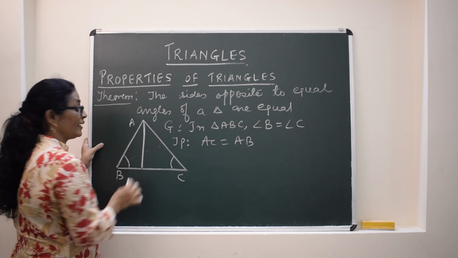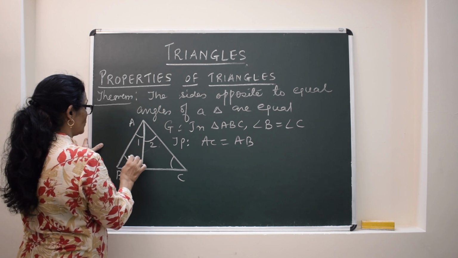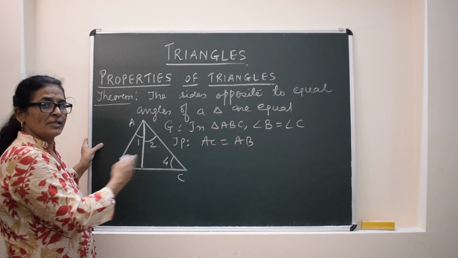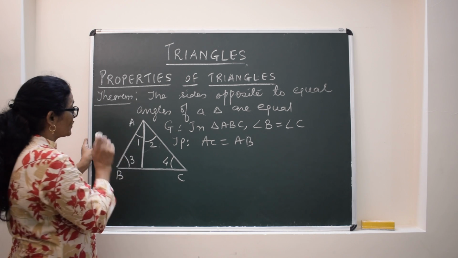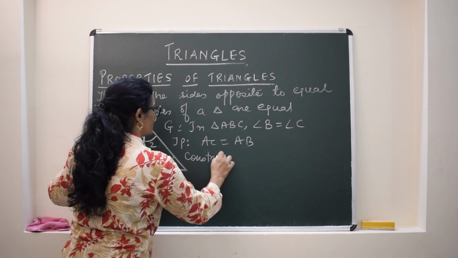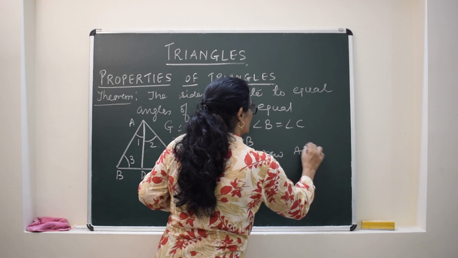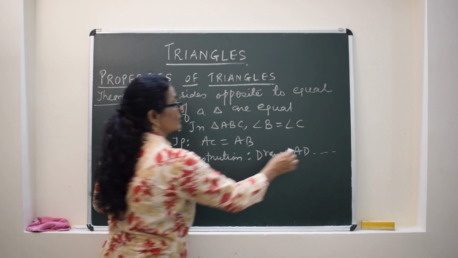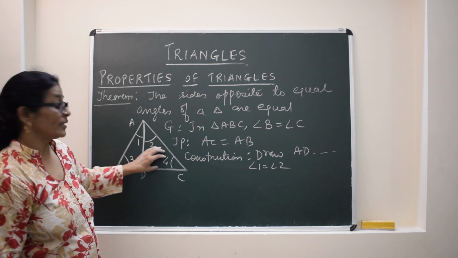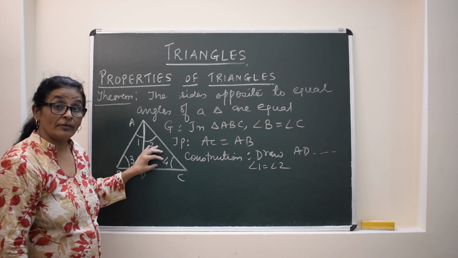I have drawn an angle bisector of angle A. Means angle 1 is equal to angle 2. And already it is given angle 3 is equal to angle 4, or B is equal to C also, directly can be taken. Now, this AD is the angle bisector, will go in the column construction. Draw AD as an angle bisector, you can write, or such that angle 1 is equal to angle 2. Same 2 triangles we will take, but we will see what criteria can we apply for congruency.